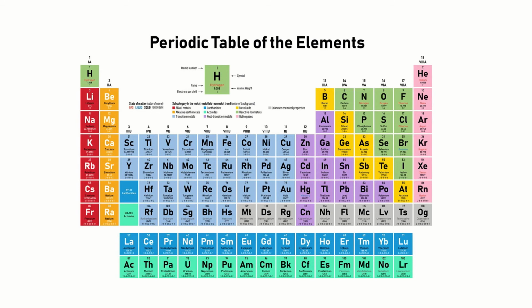You have already studied the periodic table in your previous class. This is the long form of the periodic table: s block elements, p block elements, this is the d block and f block elements. The long form of the periodic table consists of 18 groups, 1 to 2, 3 to 12 and 13 to 18. There are 7 periods, 1, 2, 3, 4, 5, 6 and 7, and 4 blocks: s block, p block, d block and f block elements.